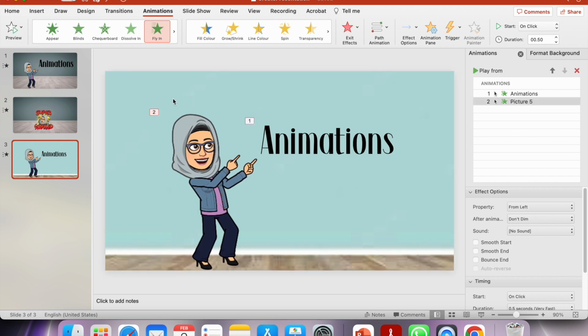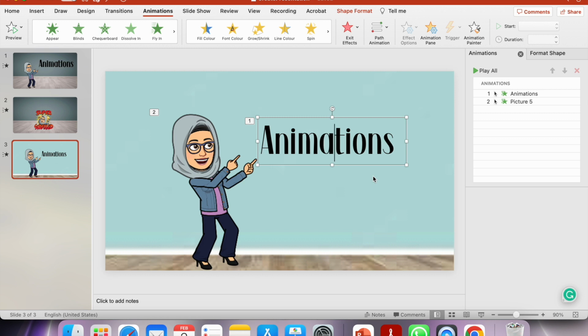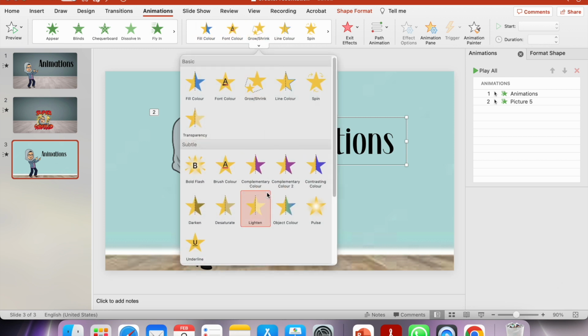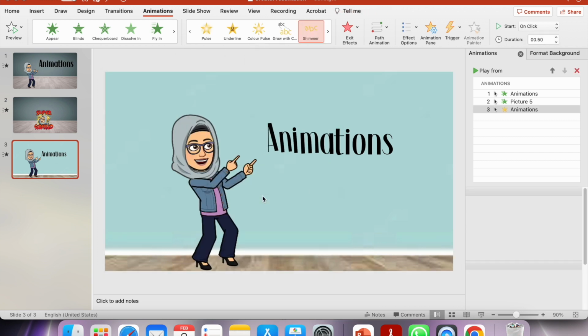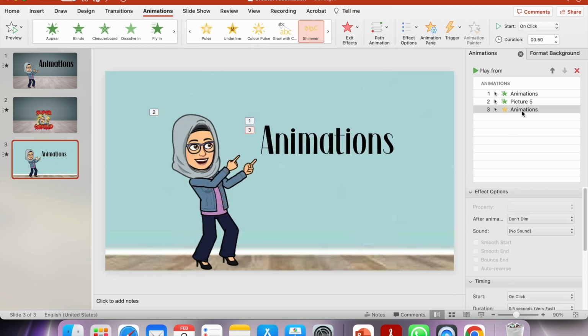Now we could also take the animation for the words, and we can create an effect. So over here are all my effects. What I think I want it to do is shimmer. So notice what it did. But I'd like that to look like it happened as I moved. Notice I moved the shimmer animation, because I had chosen it after I added my picture animation. It was originally down here. So I'm going to hold it and slide it up. So now the shimmer comes after the